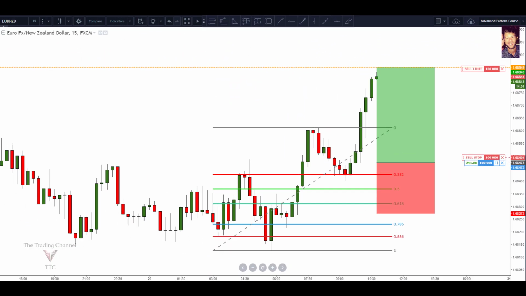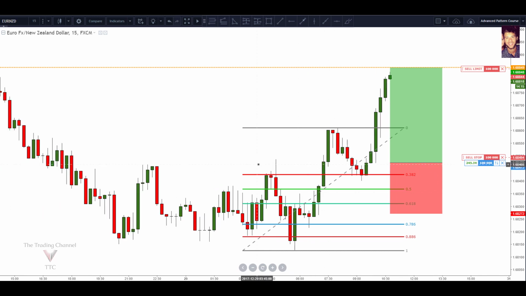Getting pretty close to second targets now here on the Euro New Zealand trade. I'm going to let this video run and see if we don't hit those second targets so I can capture it live. So we'll see what happens here. And we'll go ahead and discuss a little more about Fibonacci retracements and why combining those with structure made this